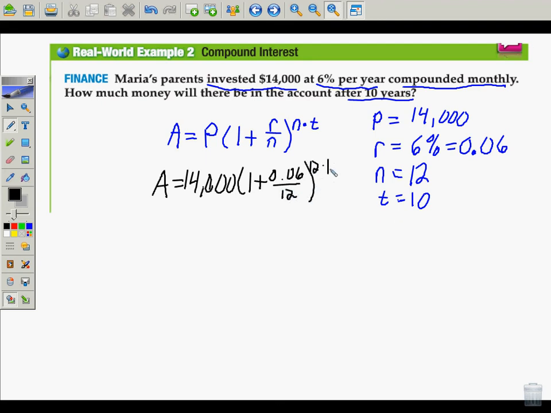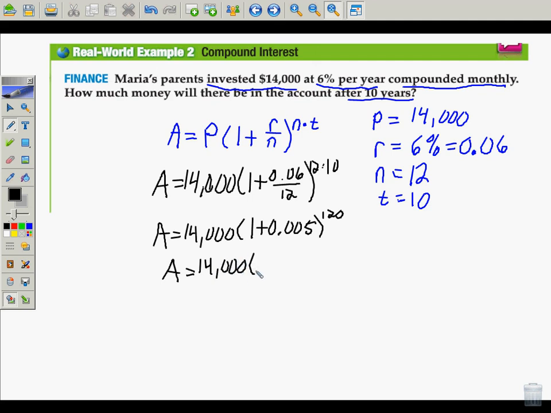And now I'm just going to simplify it. A equals 14,000 times the quantity of 1 plus 0.06 divided by 12, which gives me 0.005, raised to the 12 times 10, which is 120. A equals 14,000 times the quantity of 1.005 raised to the 120. A equals 14,000 times 1.005 raised to the 120, which gives you